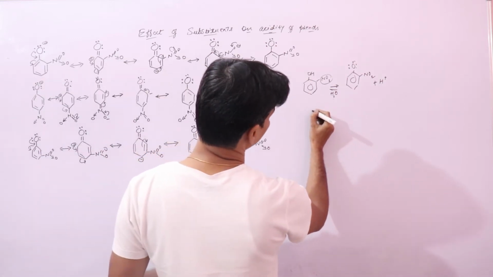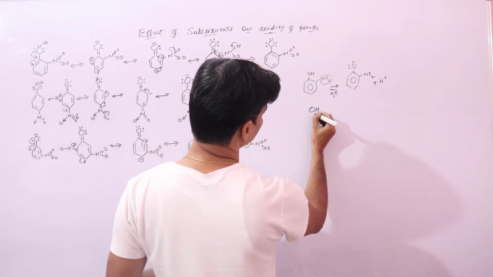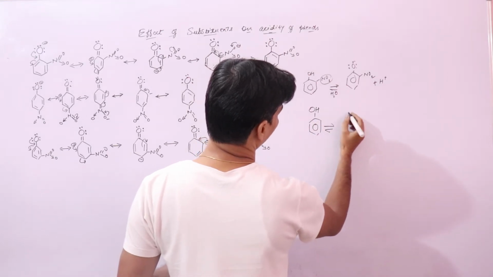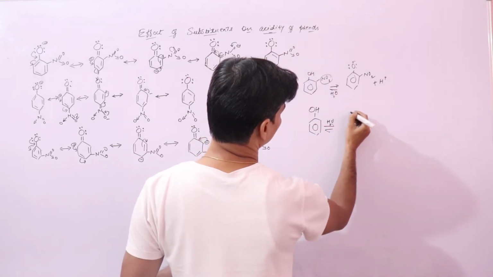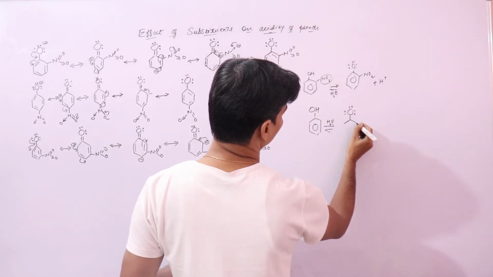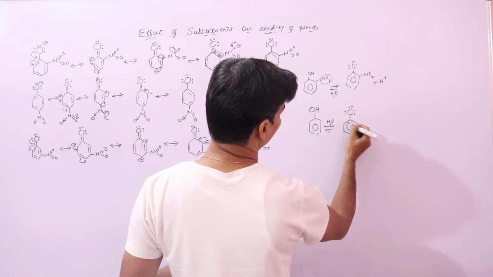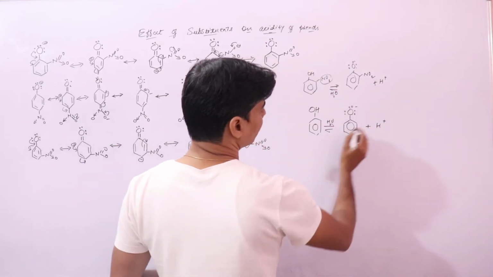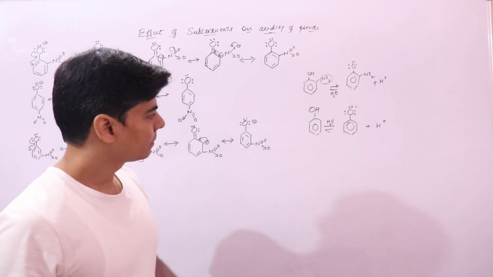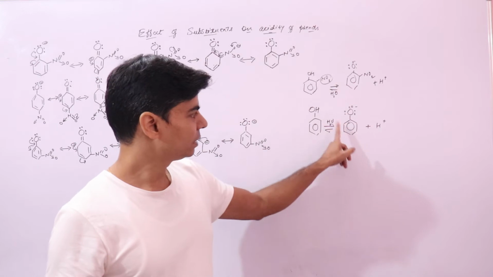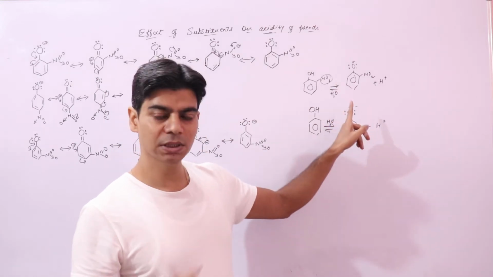What that means is, if we take just phenol and add it to water, we get phenoxide and hydrogen ions. Now here this is phenol, and this is acidic because we have discussed this in a previous